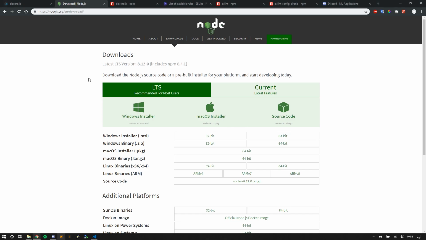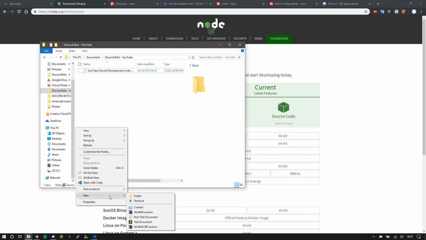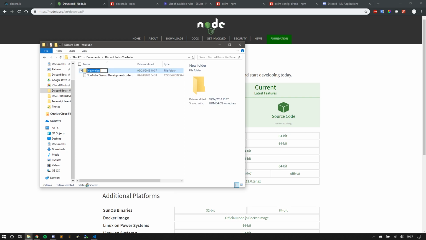Alright, so at this point you should have Node installed. If you want to install Windows build tools, you can go ahead and do that with the command I previously shown. What you want to do is create a folder in here, and you're going to create this for your project. So I'm going to go in here, new folder, and I'm going to call this Lincoln. So this is the folder where your bot's going to be on your computer, where you're going to be developing your bot from. You can do shift right click.